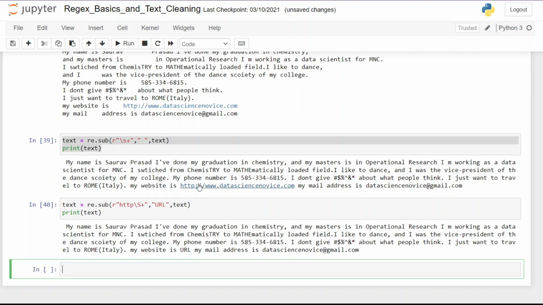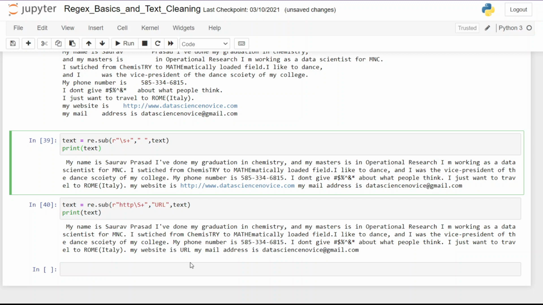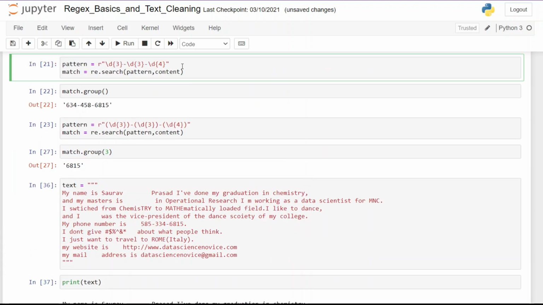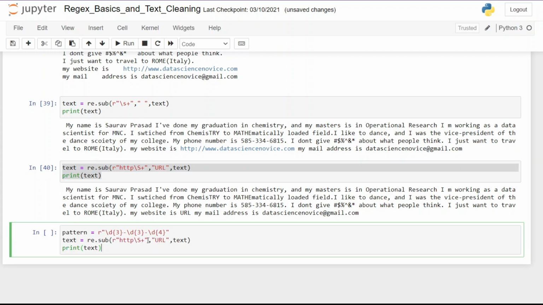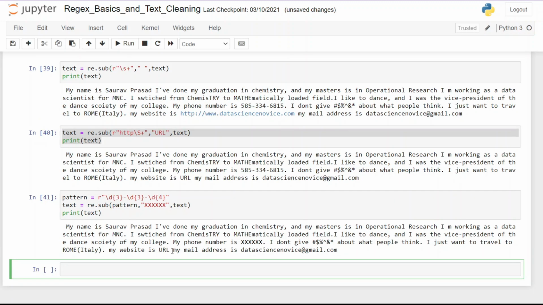And next we are going to hide the crucial information like phone number. And the good thing is we know that what generalized pattern we have to use. So we are going to copy paste that code. Next we are going to use the same function. So let's copy paste it here, and then we are going to make few changes. So first we have to change this pattern. And next we are going to use, instead of calling URL, let's call it XXX. And again, you can use whatever you want to use. It's just not that important. And now you can see that we have my phone number is XXXX.